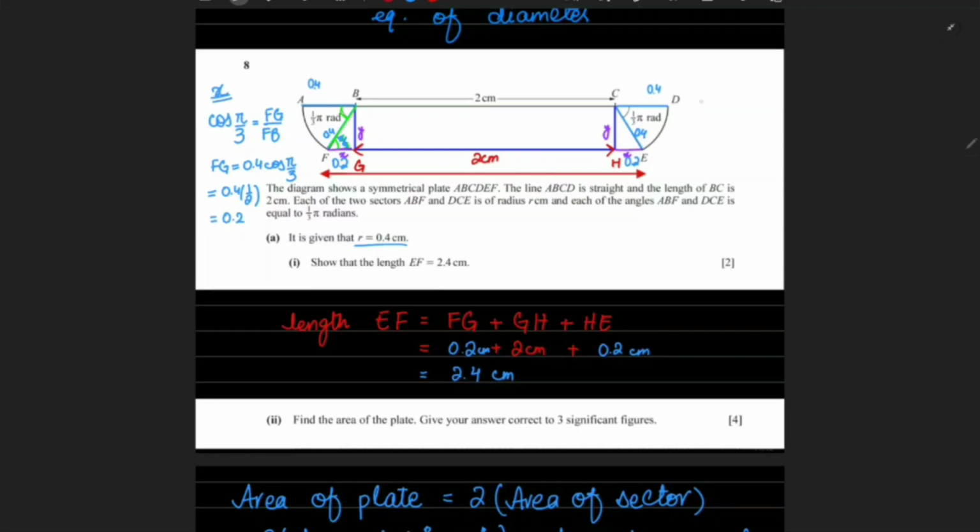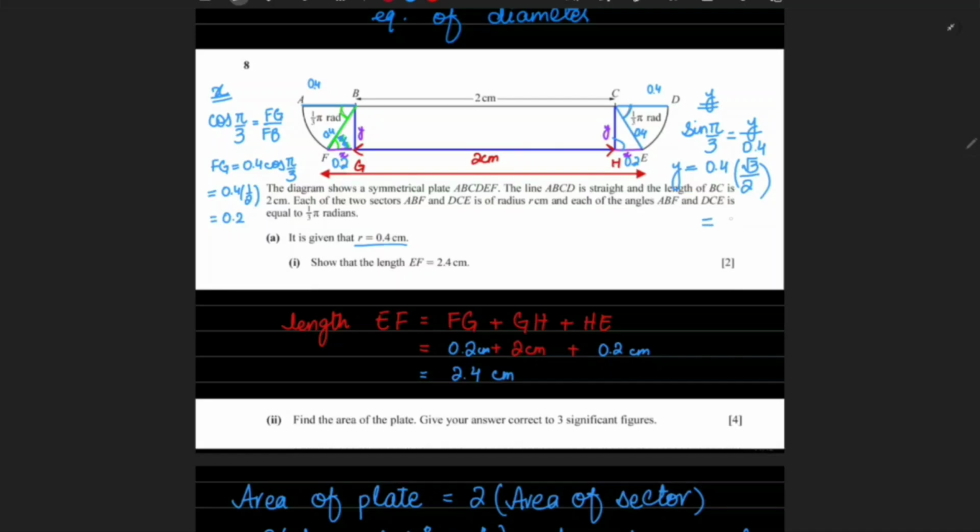This is the working for x. Now let's do the working for y. We can also take the same triangle for it. So if we relate sine pi by 3, because if this is pi by 3, so this is also going to be pi by 3 in both the triangles. So sine pi by 3 will be equal to opposite, that is y, over hypotenuse, that is 0.4. So we will get y equals 0.4 times sine pi by 3, and sine pi by 3 is root 3 over 2. So root 3 over 2. So if we simplify this, we'll get